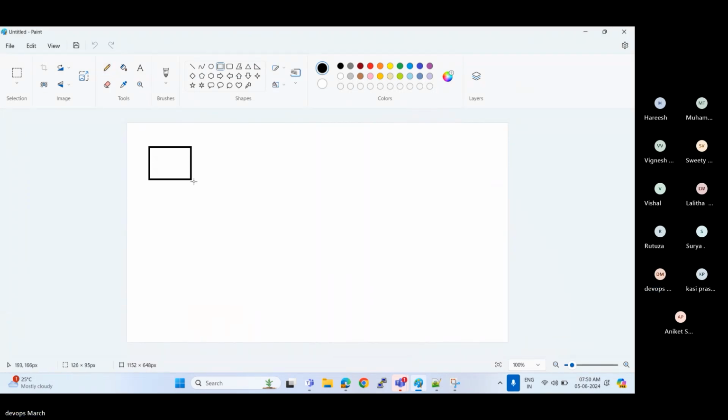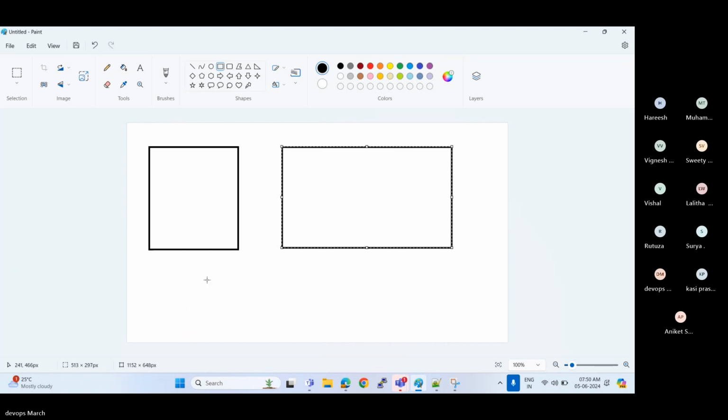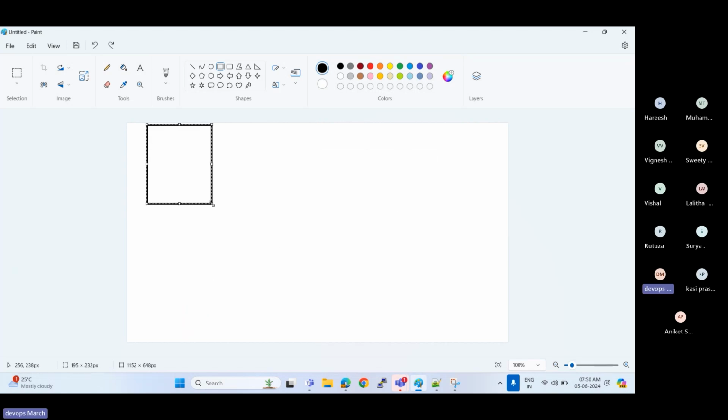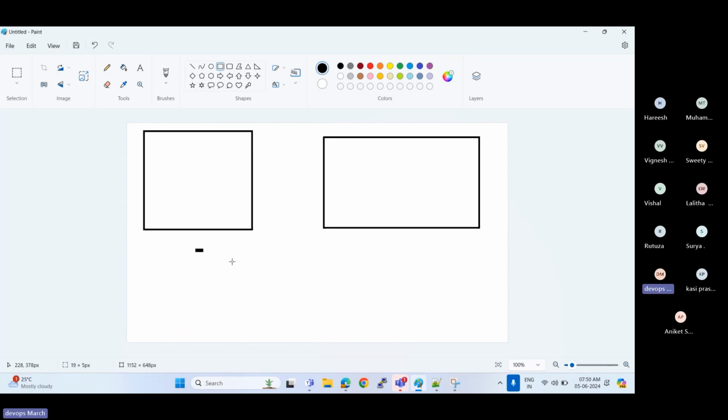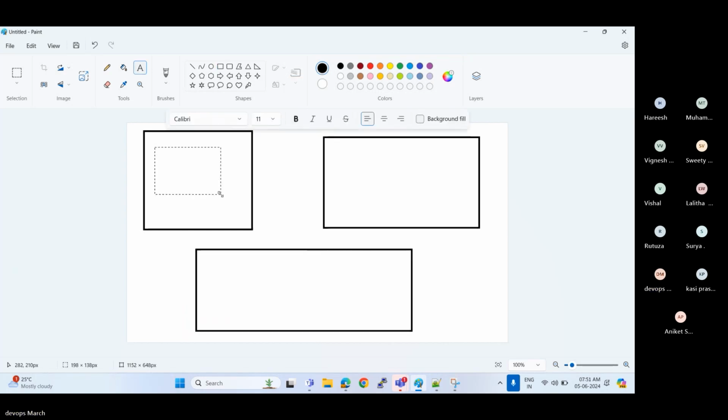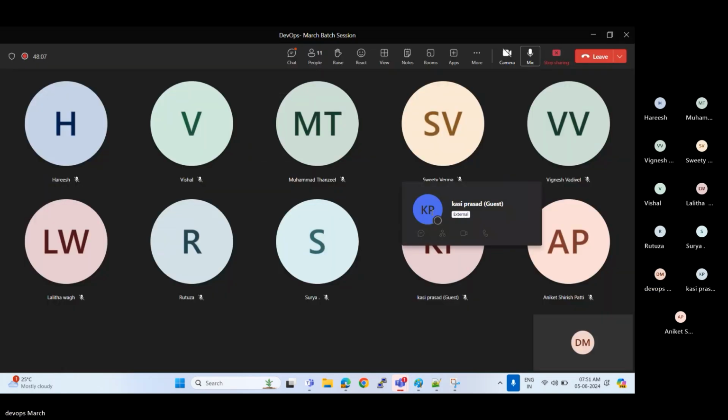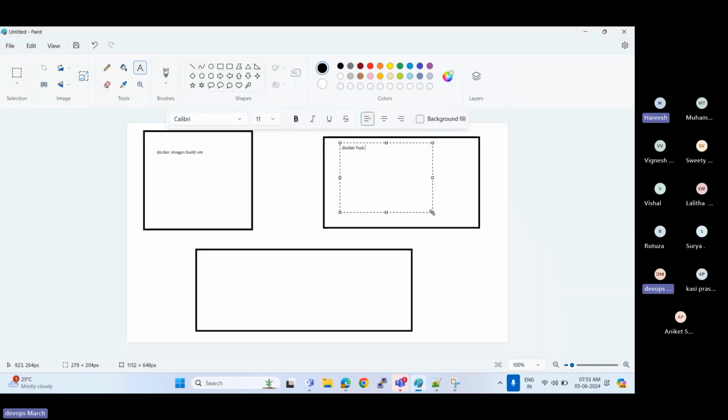So we have the build machine. This is your application build VM, where we are building the Docker images. This is your Docker Hub repository.